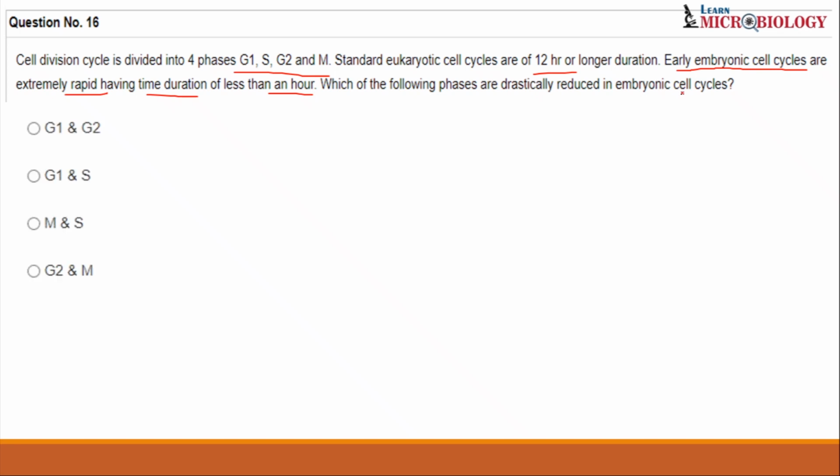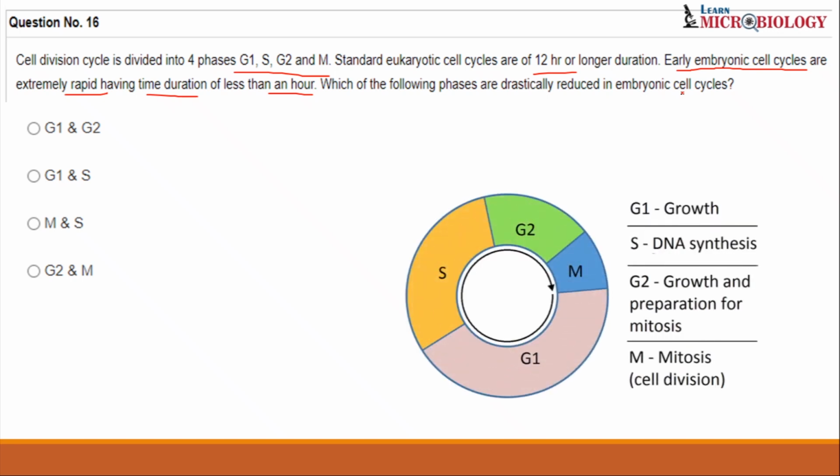This is our question. We all know, students, that a cell cycle has 4 phases. Let's just revise once again. The first phase is called the G1 phase, where the cell is going to grow, and once the cell has grown enough, then there is the S phase, called the synthesis phase, where our DNA is synthesized. It means replication of DNA takes place. Once the replication of DNA takes place, our cell will move towards the G2 phase. What happens in this G2 phase? In the G2 phase, the cell will grow and prepare for mitosis.